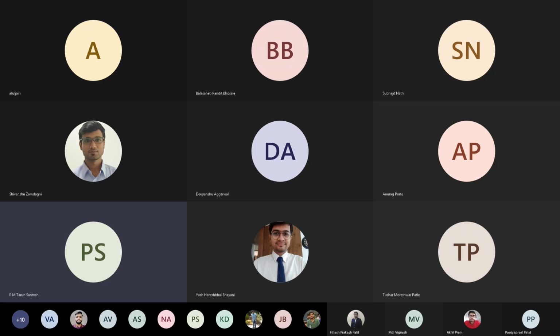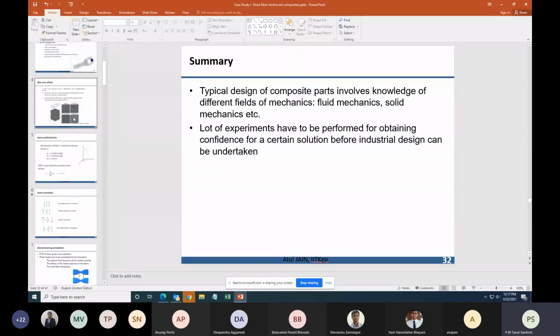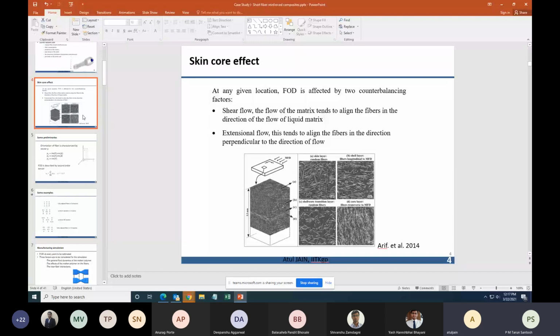So like in industrial level scale, we won't be having this layup sequence and all that. In injection molding, the matrix will flow and then it'll carry the fibers with it. Correct. You still might have different layers, as I have shown in this slide. But all that is taken care of in the manufacturing simulation. You don't need to actively put in your layup sequence, etc. There is no meso level. So it depends on the manufacturing method we choose. Correct. If you are not laying up, then how can you account for layup? In this process, there is no layup. Okay.